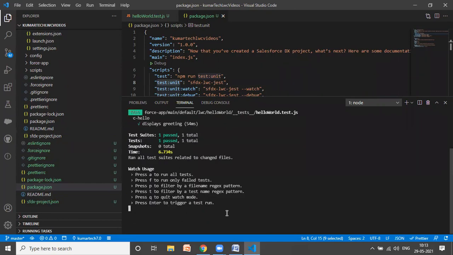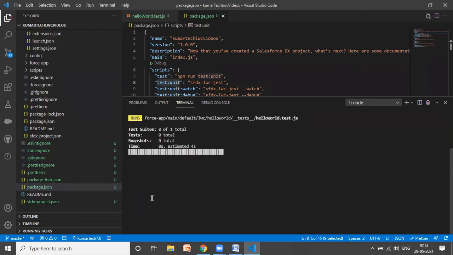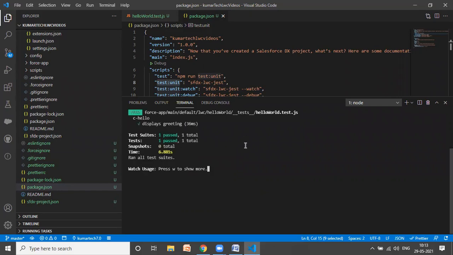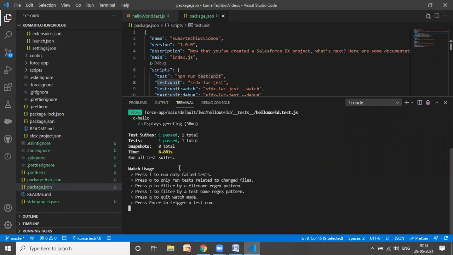Okay, and all done. Now if here you want to run all test cases, you can press A. If for failed, press F. So you can try all this at home. Okay, for time being I just press the button A, and the moment I press A, it starts executing all the test cases for me. Done. Now watch usage W. Okay, I will press again the same. Now for time being I will quit, so I will press Q.